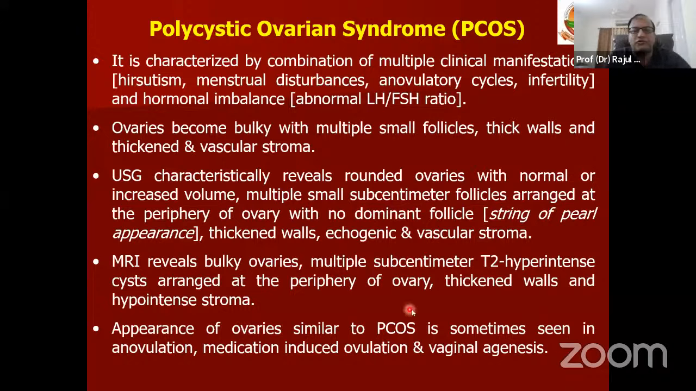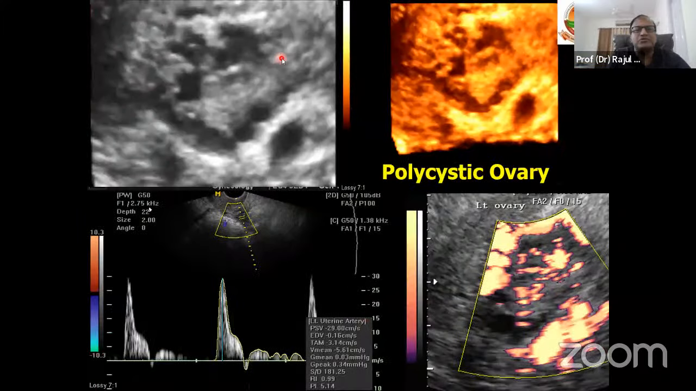The appearance of ovaries similar to PCOS is sometimes seen in anovulation, medication-induced ovulation, and vaginal agenesis. So we need to take care of all these factors as well, so that we do not misinterpret that this is PCOS. Now this is an ultrasound image of the ovary where we can see multiple small follicles